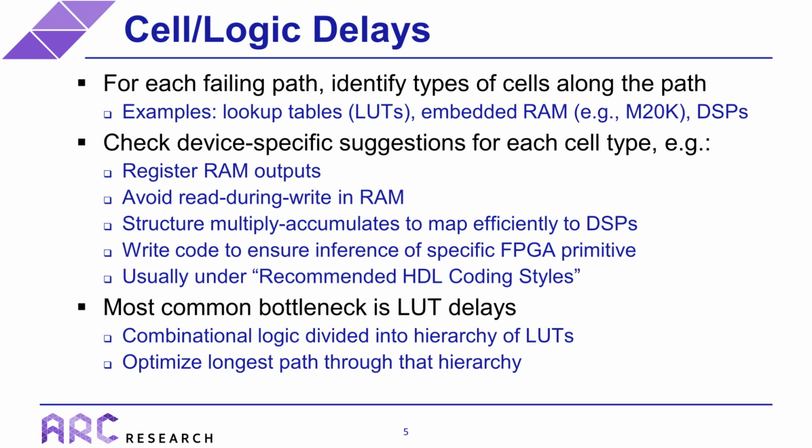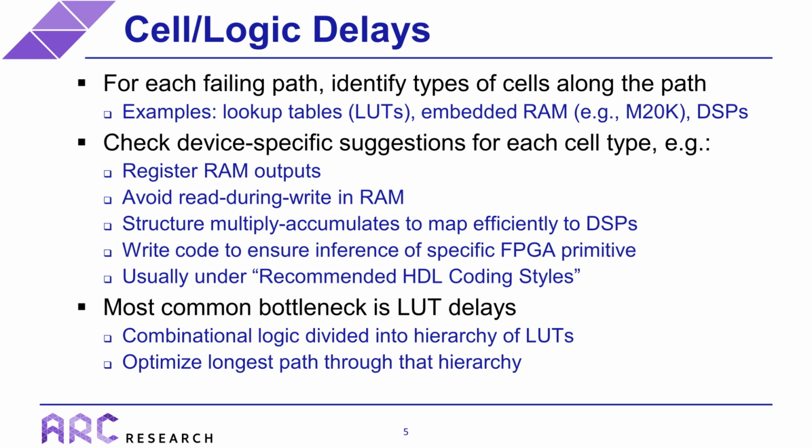Now, in the case that RAM delays and DSP delays are dominating the total delay of your critical path, or even if LUT delays are dominating, your best first option for optimization is to consult the device-specific recommendations. This usually means digging through the datasheet and understanding low-level characteristics that can be used to reduce the corresponding delays. So exact strategies vary across FPGAs, but common examples include registering the output of embedded RAM resources, avoiding certain read during write behaviors in RAM resources that can add extra logic and slow down your clock,